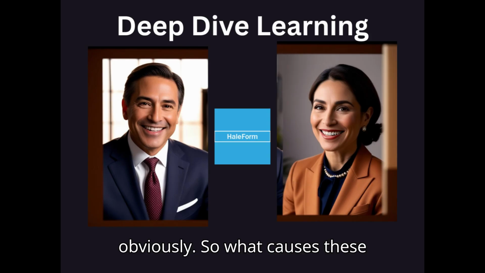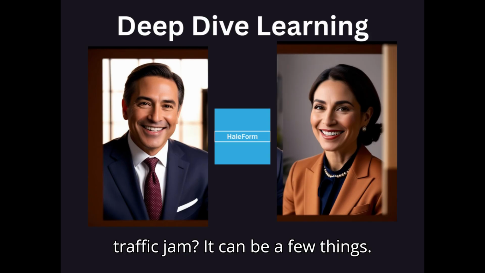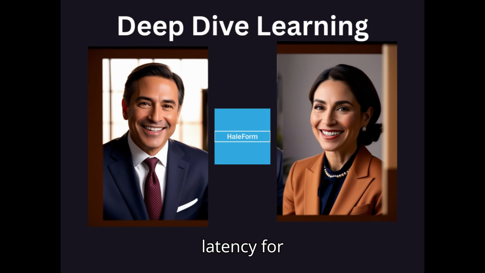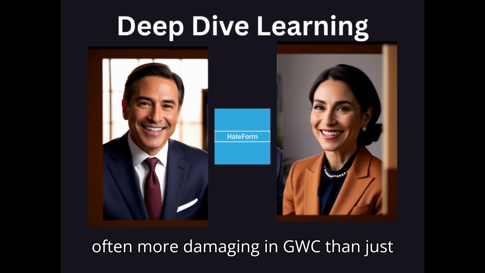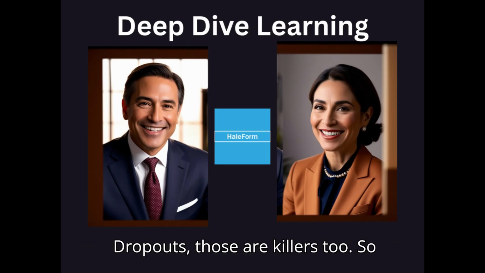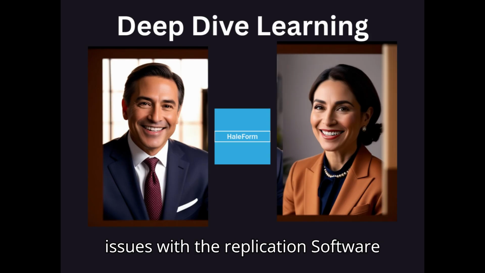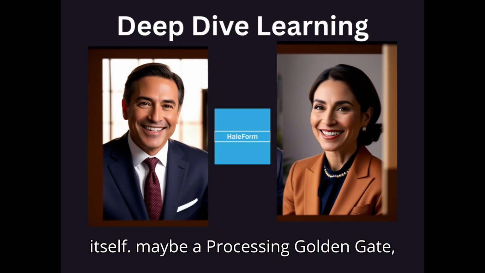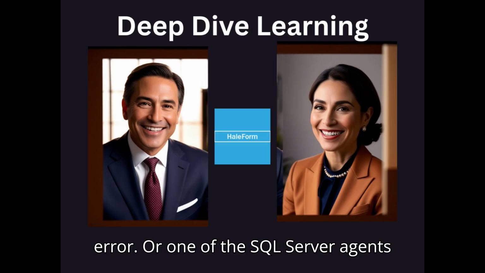So what causes these lags or failures? What's behind the traffic jam? It can be a few things. Network problems are a big one. High latency, the delay in data getting from A to B, is often more damaging in GWC than just low bandwidth. Intermittent connections, dropouts, those are killers too. So stable, low-latency networks are key. Absolutely critical. Then there can be issues with the replication software itself. Maybe a Golden Gate process, the manager, extract, or replicate, has an error,